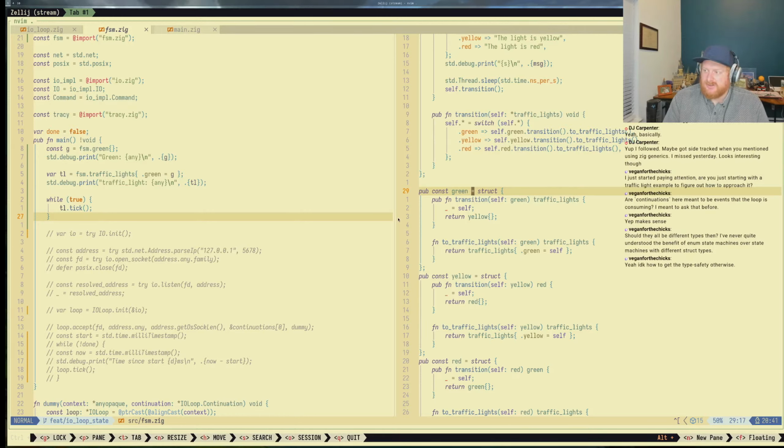But I don't know if that's actually necessary if you just use structs and transition from struct to struct. The other downside is memory overhead. You're copying a lot of values all around, which